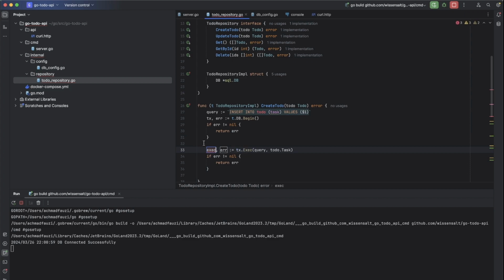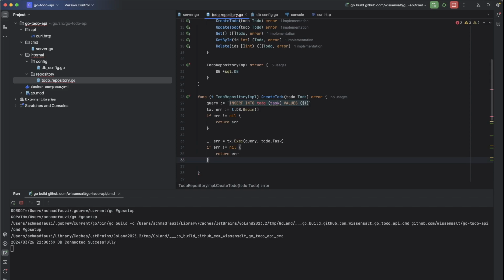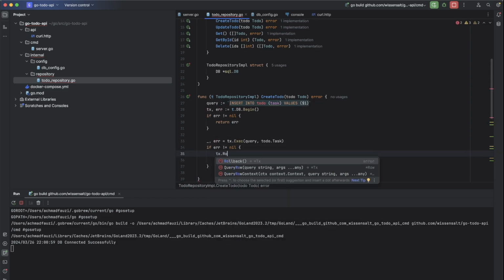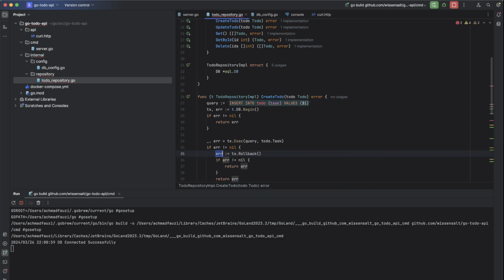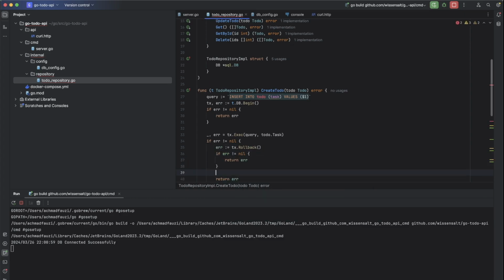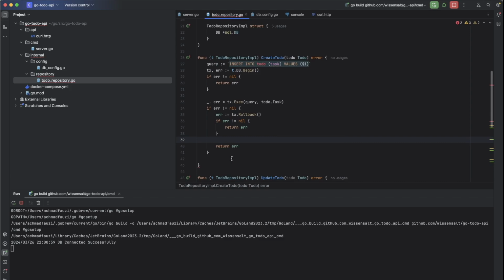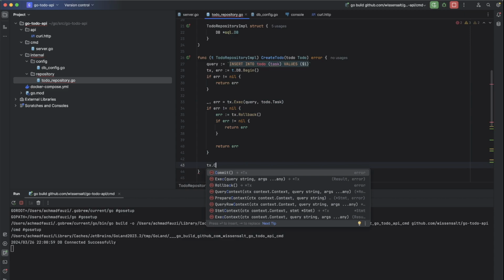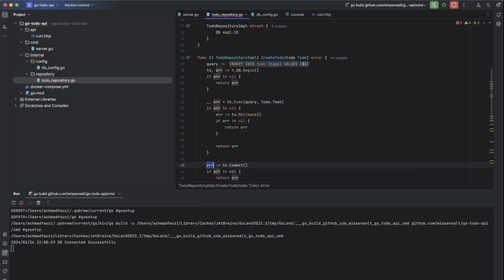It is returning the result. We will just ignore it. If there is an error, then we will return an error and do the rollback. Rollback, handle error 2, and then if everything goes well here, we will commit the transaction, also handle its error.